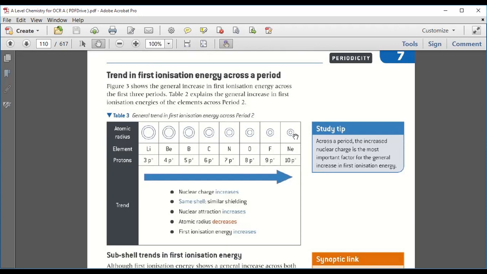It will be a little bit crowded. It means the persons are added in the same couch, just as electrons are added in the same shell. So they become a little bit close to each other. The same shell means similar shielding, and the force of attraction will increase